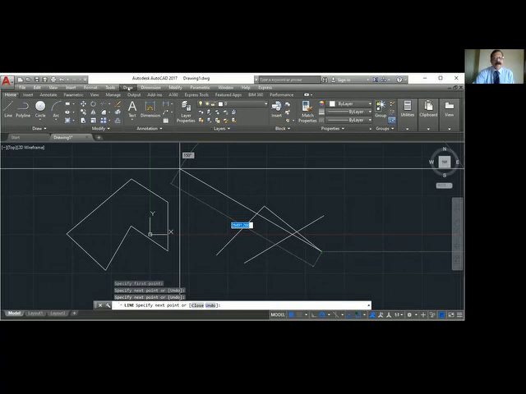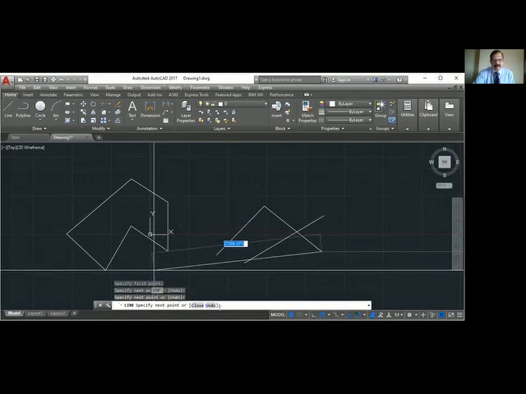The second method is from menu. Draw menu, write down in bracket: draw, modify, etc. And the third method is by typing the command. You can type the command. So these are the three methods by which you draw a command. Any command can be given three ways: from ribbon, from the menu, by typing.